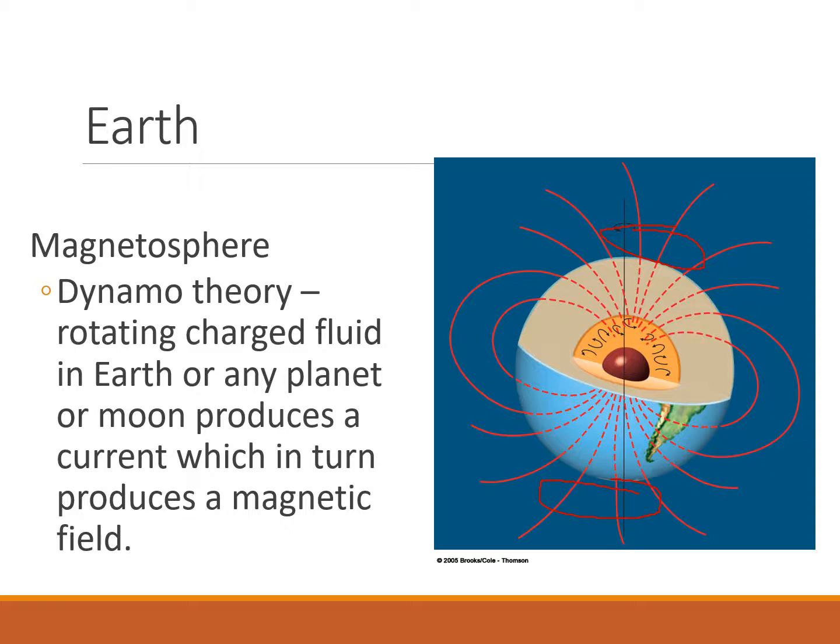We believe that it's due to the liquid outer core, which is believed to have ionized particles. Also, there are probably metals that have been ionized. As they move and rotate inside the Earth, they're going to produce these little tiny magnetic fields. Those magnetic fields are going to add up to form the two large